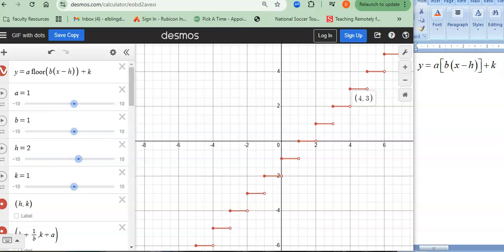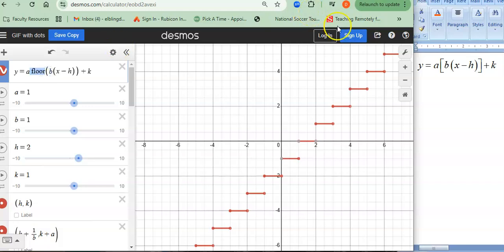So this is a screen that shows what the standard form is of the greatest integer function. And this is a window that has Desmos pre-programmed function. The first thing to notice here is that this looks a little bit different. It's got the word floor in it, which obviously is not written here. This has brackets after the floor. This has these square brackets. So these are different, but this floor function is the Desmos version of the greatest integer function for which we